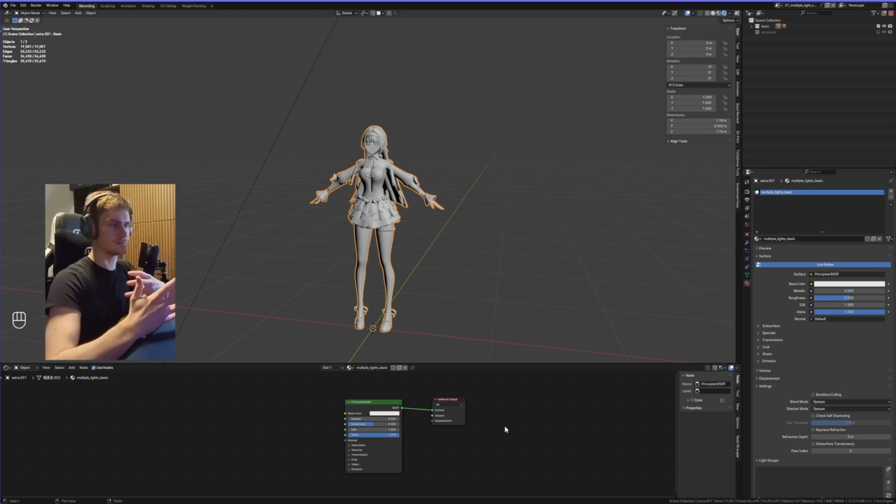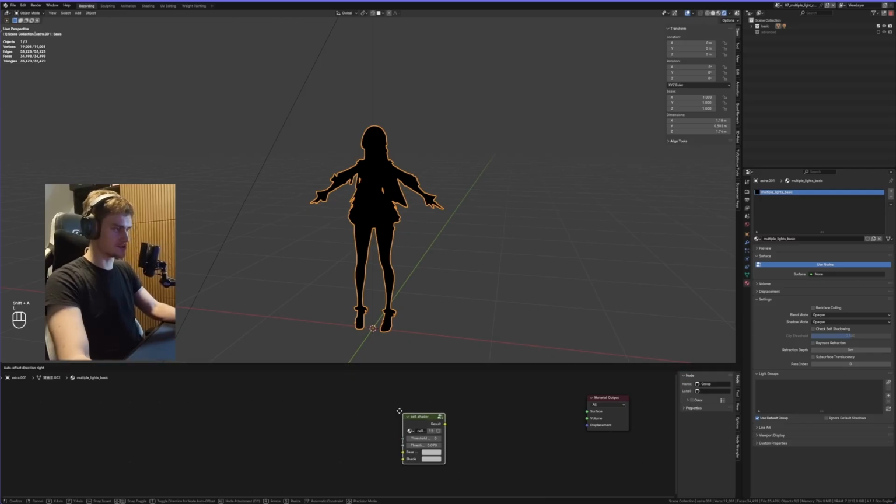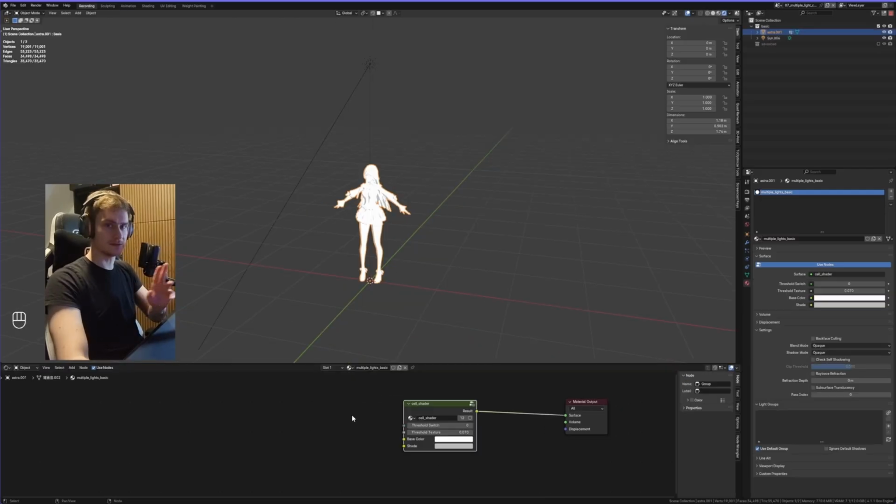I want the character, for example, to have one highlight color, one shadow color, but then I also want to, for example, have a rim light color. How do I add a rim light to my character? First of all, of course, we want to use the cell shader, but then we do a little trick with